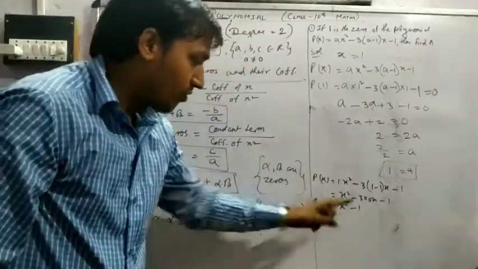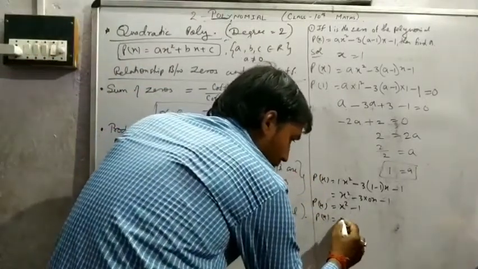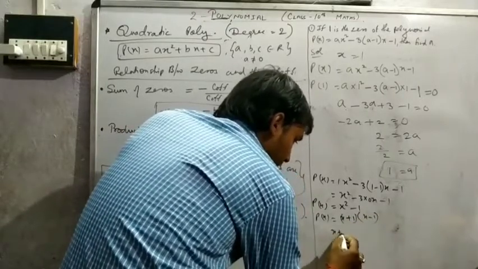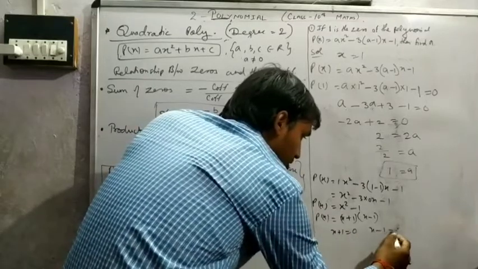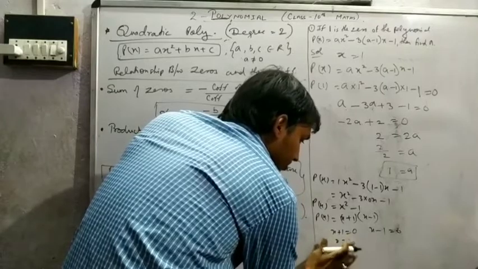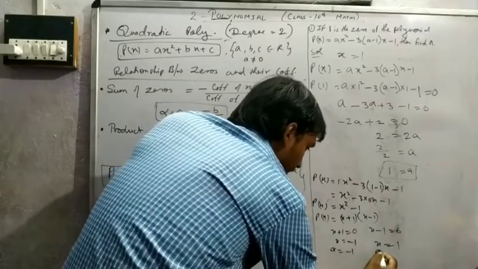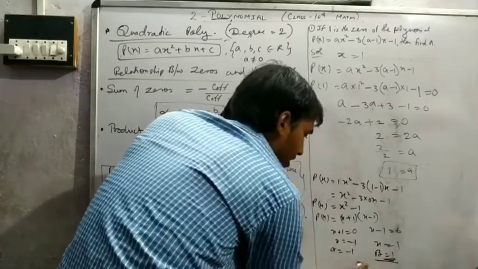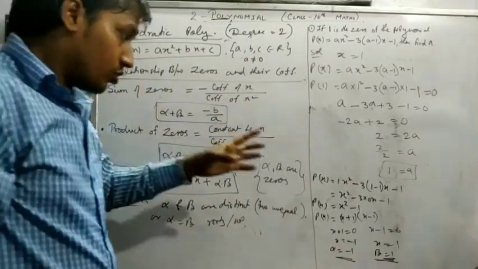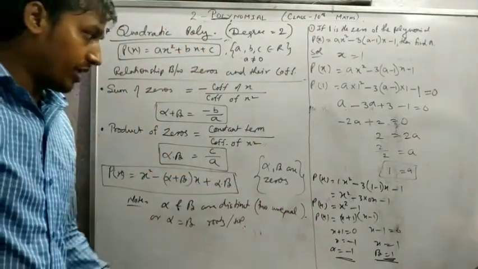So you can find the value of x by factorizing. a square minus b square is a plus b times a minus b. So x plus 1 is 0, x minus 1 is 0. So x is equal to minus 1 and x is equal to 1. So that is alpha minus 1 and beta 1. You can say alpha 1, beta minus 1, that is your wish. Okay. So it's another example. Pause the video and note down. Then we take the next example.